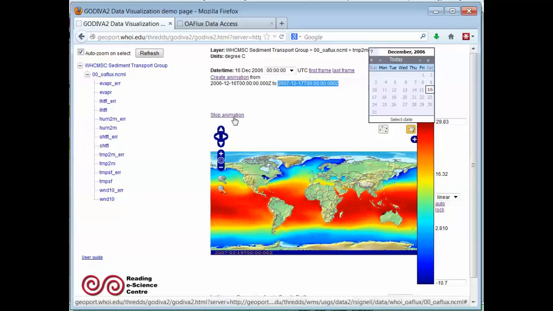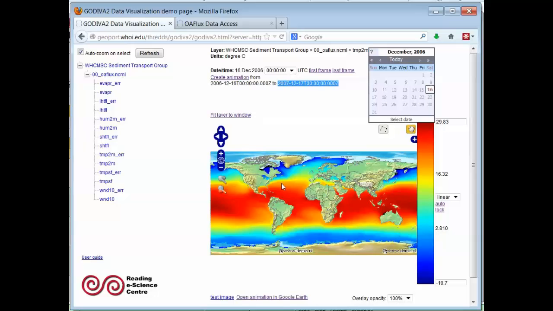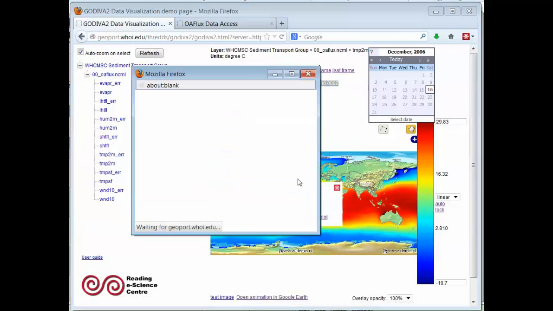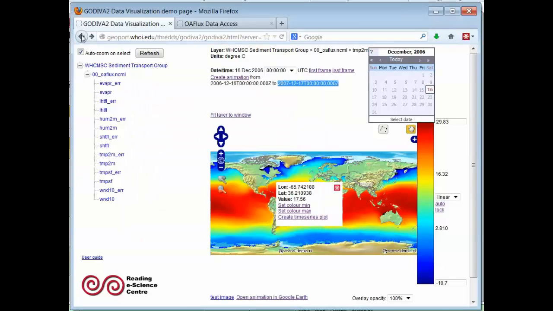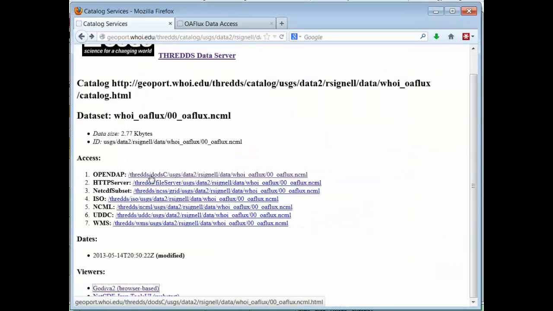Anyway, if I click a spot now after I've done that animation, it'll ask me at the bottom. It has a new little tag here, create time series plot, so I could look and see at a particular spot what the annual cycle looked like, along with the actual values. But of course, now that you've got the data all aggregated, you can go to the OpenDAP